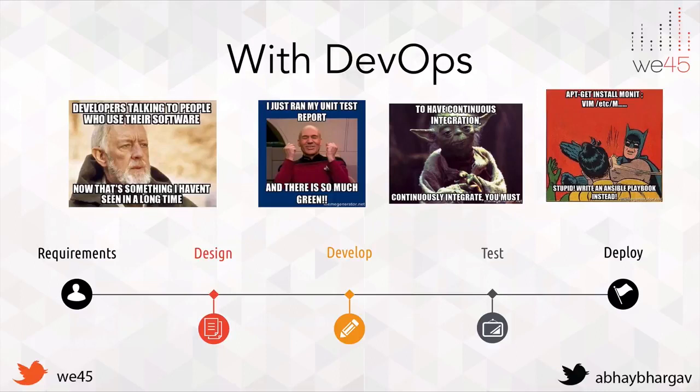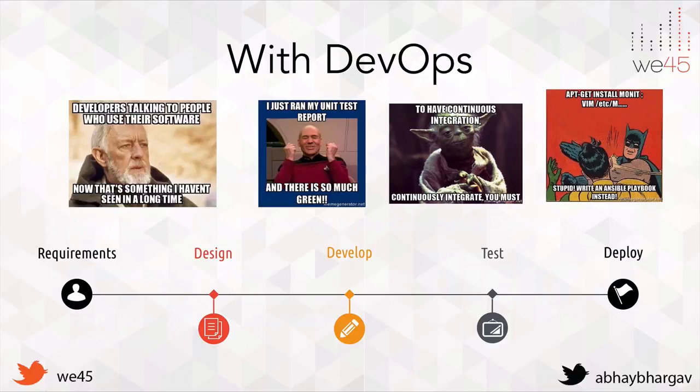operators, and these folks used to be constantly at loggerheads with each other simply because the developers would create a piece of code, then the deployment package would be given to the ops folks. The ops folks would deploy this package and then realize that a dependency was missing, or some other functional issue comes up which requires it to be brought down or rolled back to the previous version or whatever it is. So that's the reason there was a huge deal of friction between dev and ops, which created DevOps.